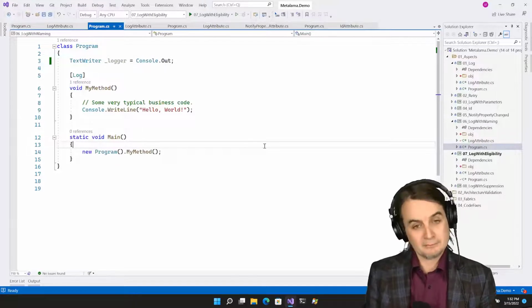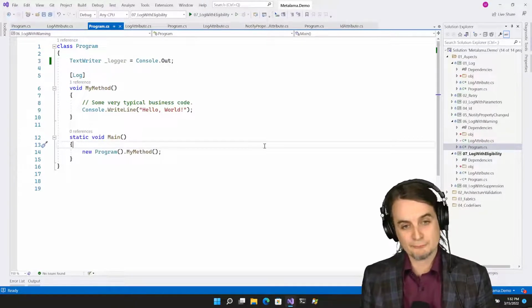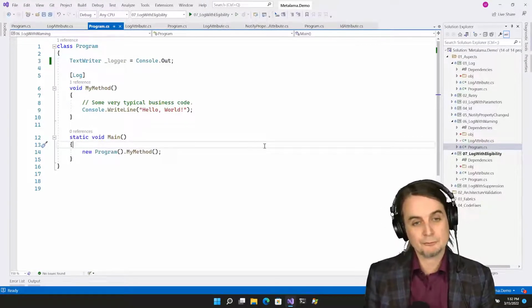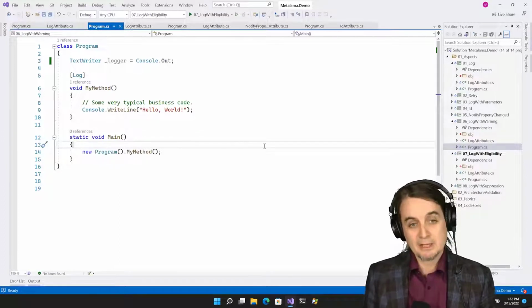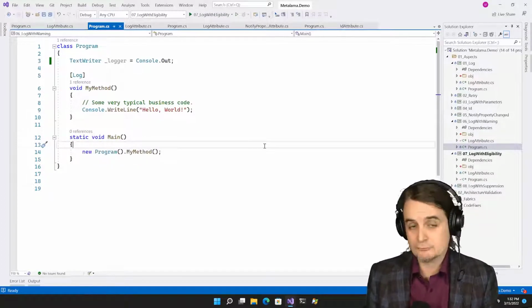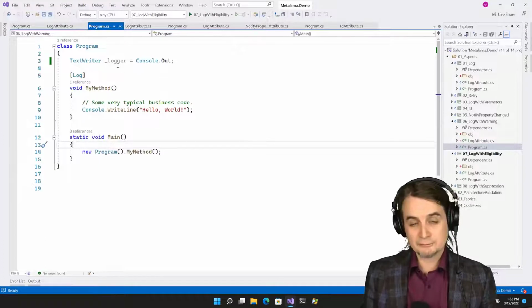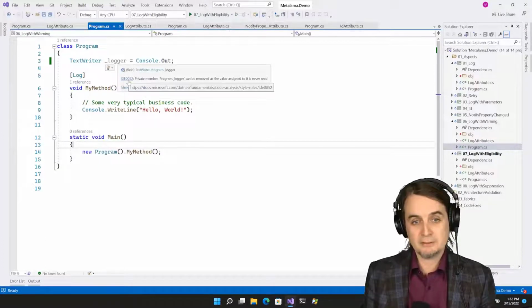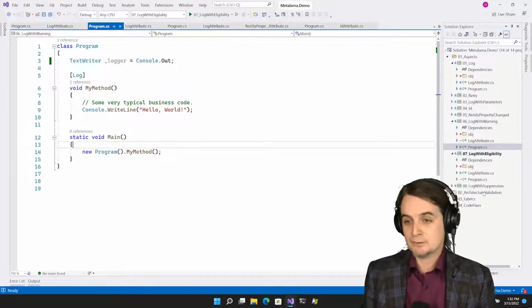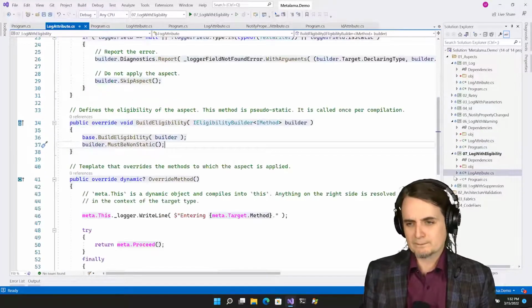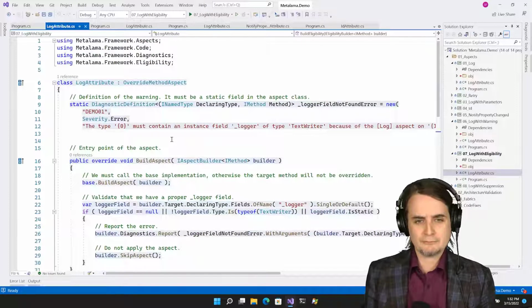But remember that this is a message that comes from the design time part of Visual Studio, not from the compile time part, and the design time part doesn't see the aspect. So actually this message, IDE0052, is irrelevant because the aspect is there. So what you can do here is to suppress the diagnostic.